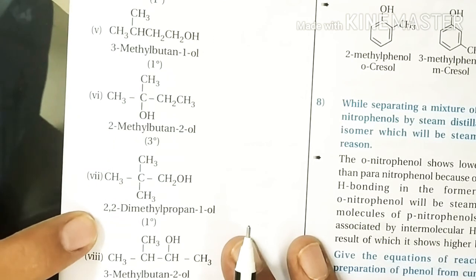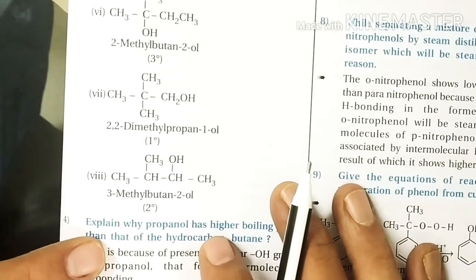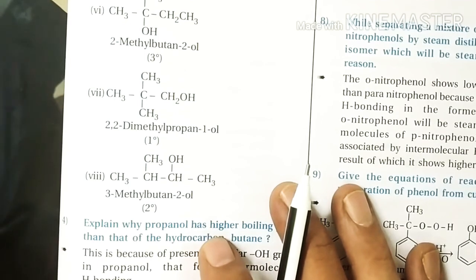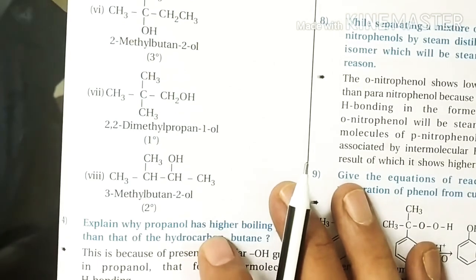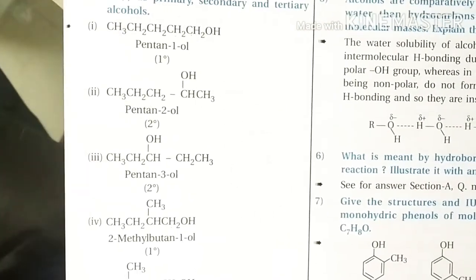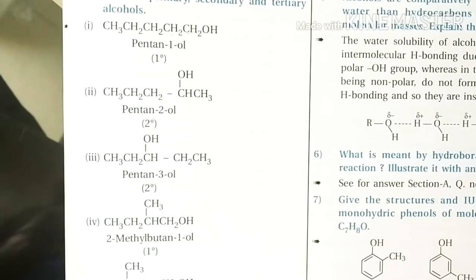Same way here, it is primary in nature because the OH-connected carbon is attached with only one carbon. And the last one is where the OH-connected carbon is connecting with two different carbons. So this question is asked in NCERT in this manner. अगर हम इसको अच्छी तरह से दूसरी तरह देखो, ये क्वेश्चन है ना, वो अलग तरह से भी पूछा जा सकता है कि ड्रॉ द स्ट्रक्चर्स ऑफ ऑल आइसोमेरिक अल्कोहल्स ऑफ मोलेकुलर फॉर्मूला C5H12O एंड गिव देयर IUPAC नेम.